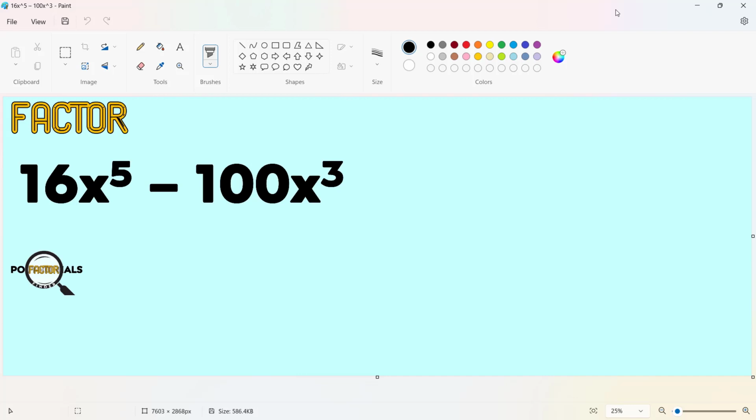Of course, you could just jump to a conclusion: the first term has a numerical coefficient that is a perfect square, 16, and the second term's numerical coefficient is also a perfect square, 100. And since both terms are separated by subtraction, you might decide, oh, this is difference